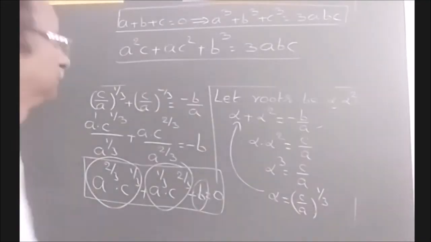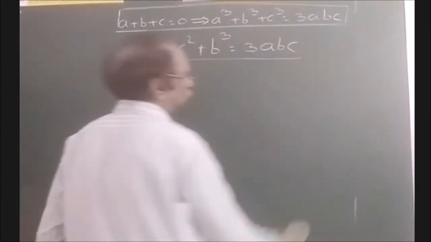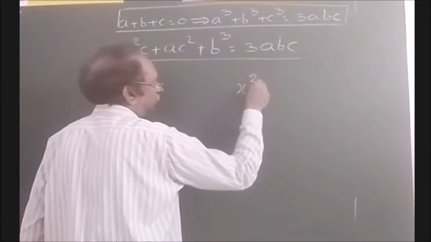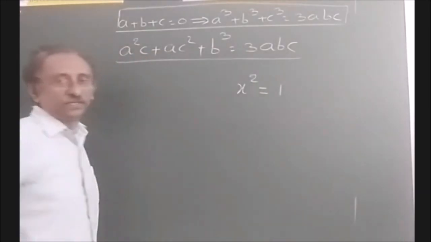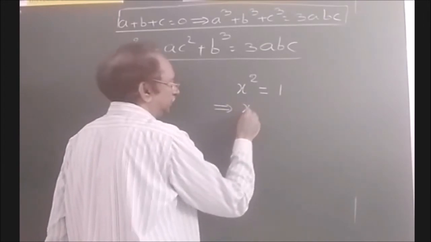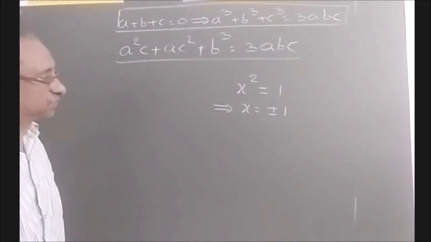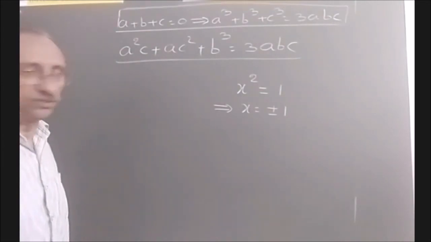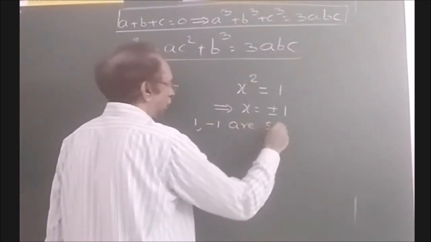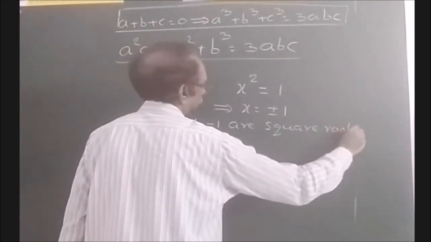So right, students. Finally, I will end with cube roots of unity. See, a number whose square is 1 is called a square root of unity. So what are the square roots of unity? Plus 1, minus 1. So there are two numbers. 1 square is 1 and minus 1 whole square is also 1. And therefore, 1 comma minus 1 are the square roots of unity.